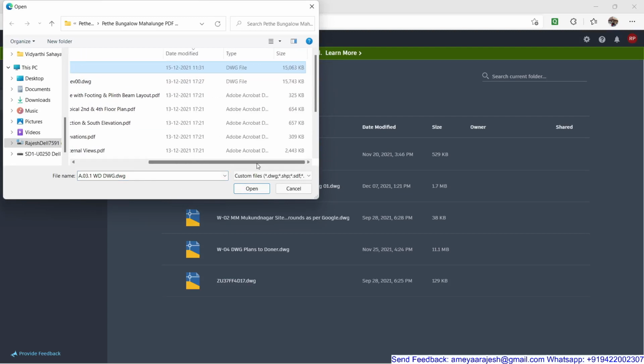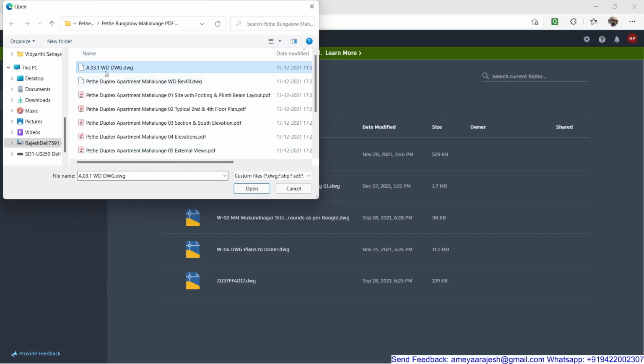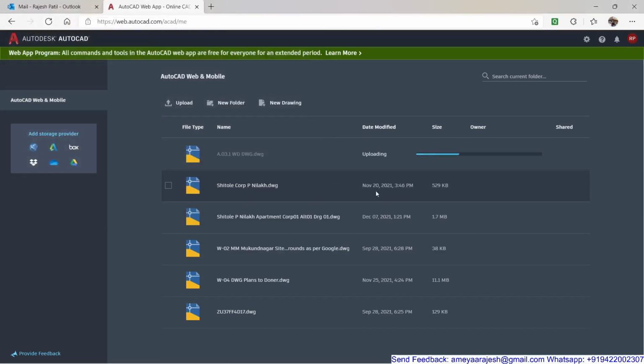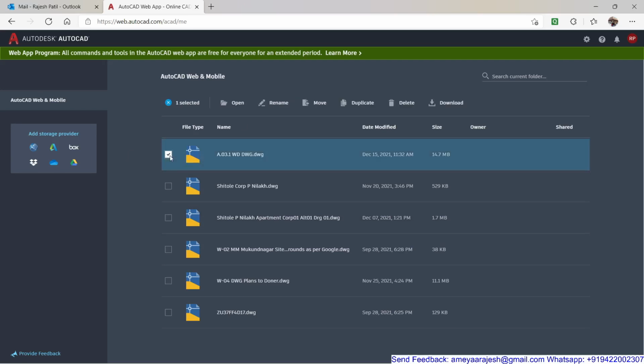Remember, it is almost a 15 MB file which we have designed. Okay, working drawing DWG. This will get uploaded. Once this gets uploaded, obviously you have to open this particular file.